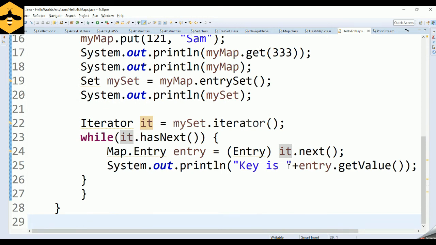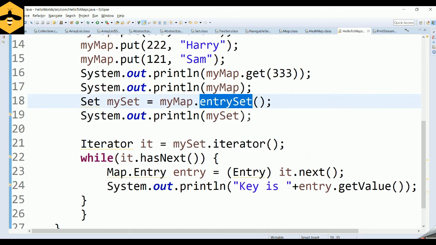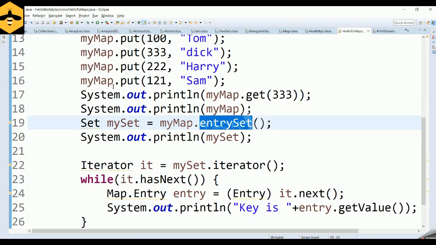And what are the other elements? We have seen one other function, the entry set. It will give you the entry set, and if you wanted to fetch the element of a specific key, you can make use of get of the particular key, and there are a variety of other methods which you can play with and work out.